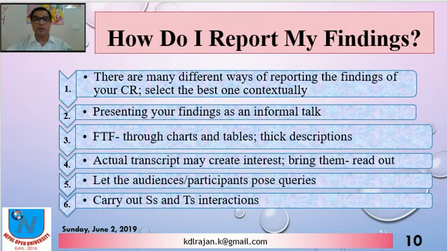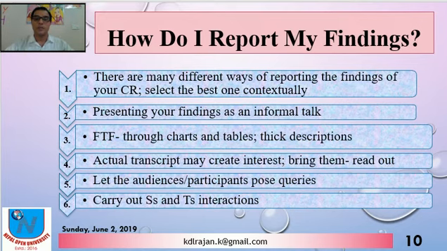Another is face-to-face communication. You can communicate with your colleagues and students through chats, or you may present them in charts, tables, or through thick descriptions as well.